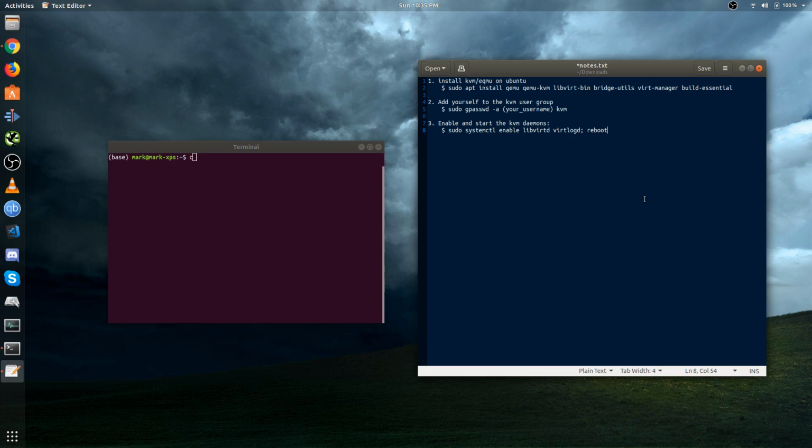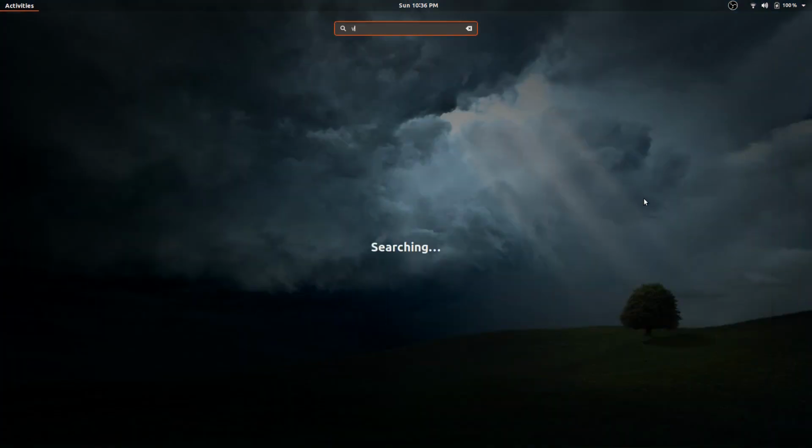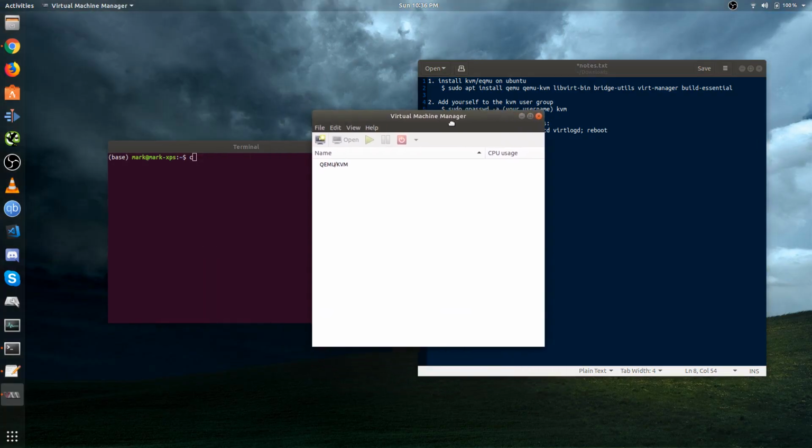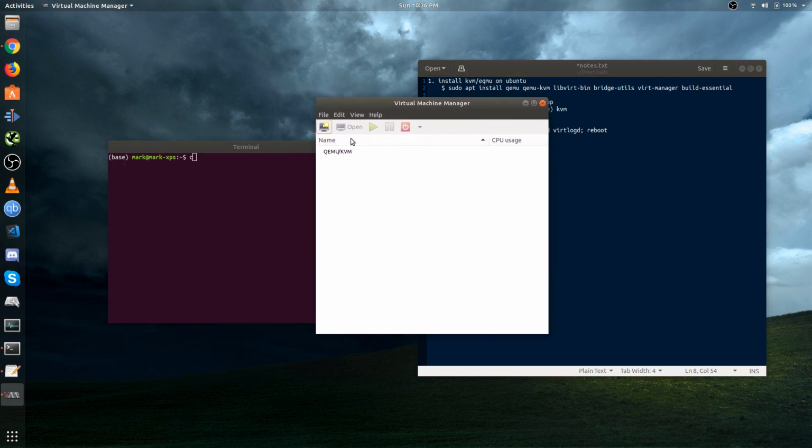Alright, so now let's launch KVM. So you're gonna type in virt-manager, or it should be just right in front for you if you're using the GNOME desktop environment. So once this opens, you're gonna be getting this menu, and we're gonna click on this button which says create new environment,